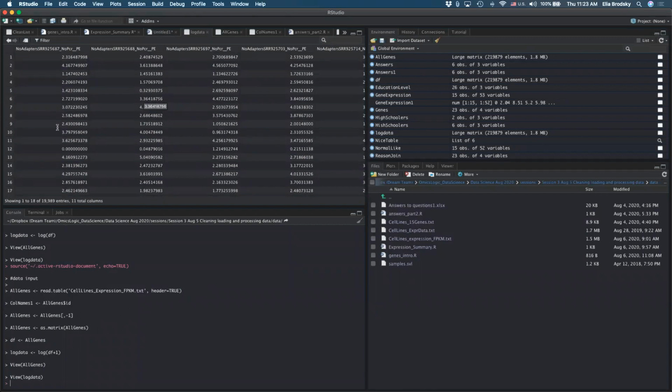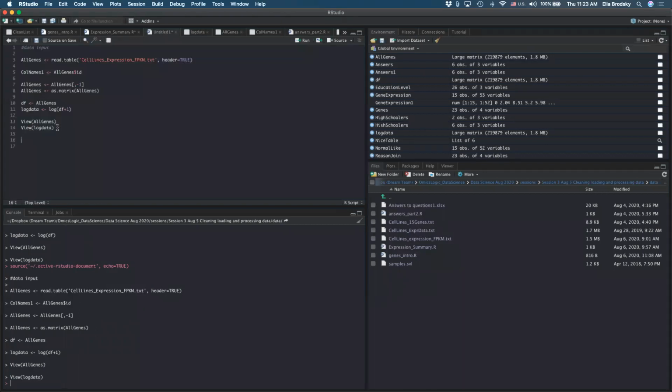What do we want to do with this data? Let's do a box plot, right? So let's do a summary statistic actually first before we start going into visualization. How do we do summary statistics? We just type summary. And let's do summary of log data. And we don't need to view these anymore.